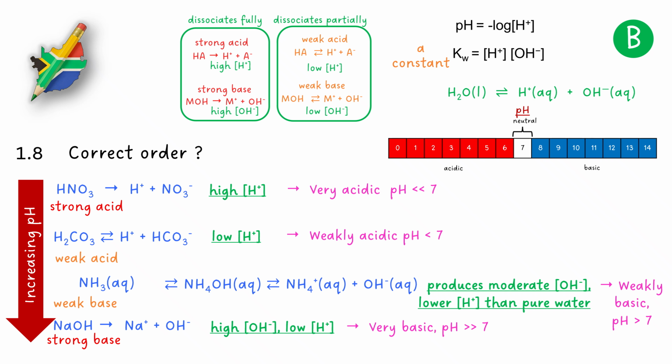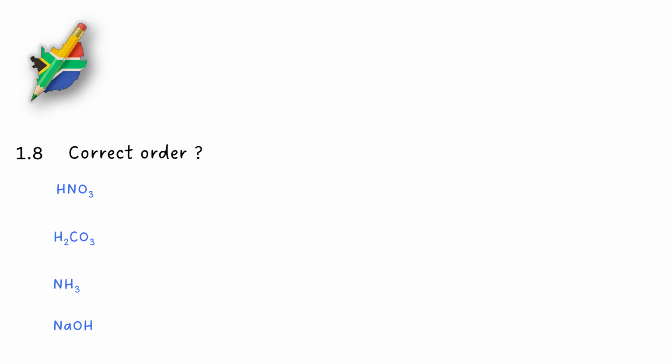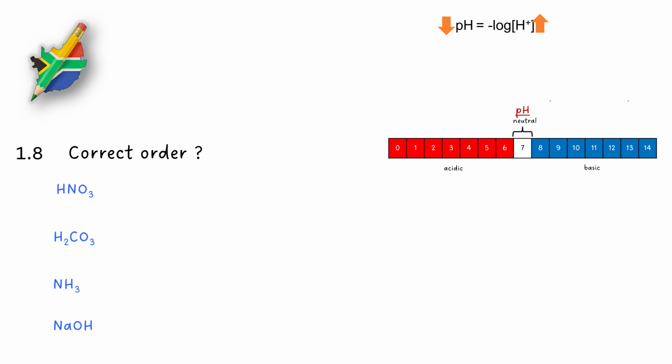Question 1.8 requires us to rank the solutions from lowest pH to highest pH and then select the answer which matches. We have 4 aqueous solutions of these compounds and they are all of equal concentration. Now pH equals the negative log of the concentration of hydrogen ions. So a high concentration of hydrogen ions means a low pH. And a low concentration of hydrogen ions means a high pH. So we need to figure out the relative concentrations of hydrogen ions in each of these solutions to be able